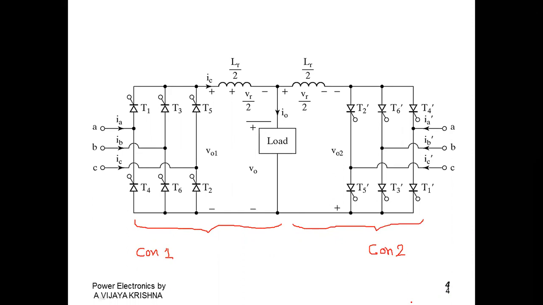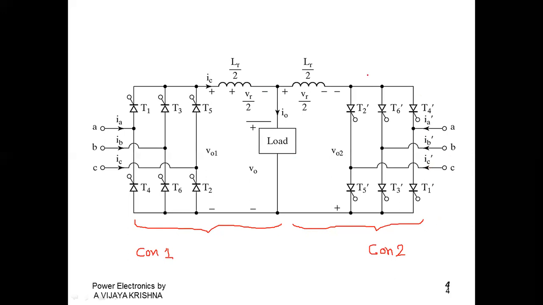Here, I previously explained the dual converters in the introduction. With the use of a semi-converter, there is a possibility of quadrant 1 operation. By using full converters, there is a possibility of operation in the first quadrant and also the fourth quadrant. That is a two quadrant mode of operation. Two quadrant region operation is possible for a full converter. But here, if you have any doubt about the full converter, by removing converter 2, this circuit can be reduced to a full converter.